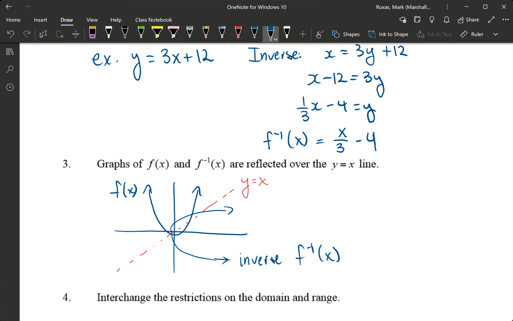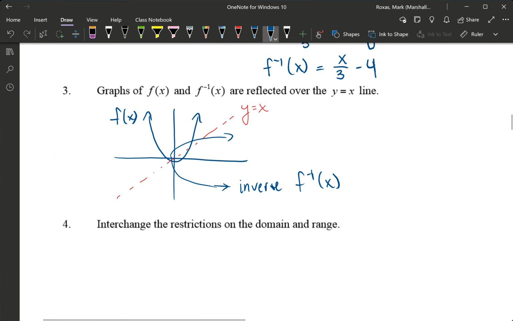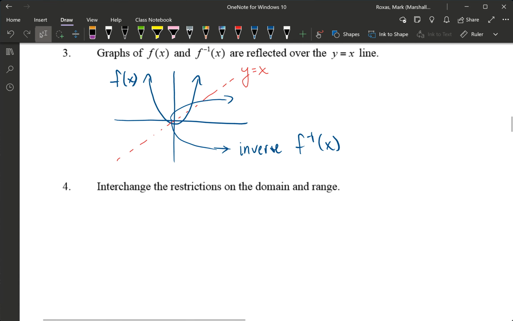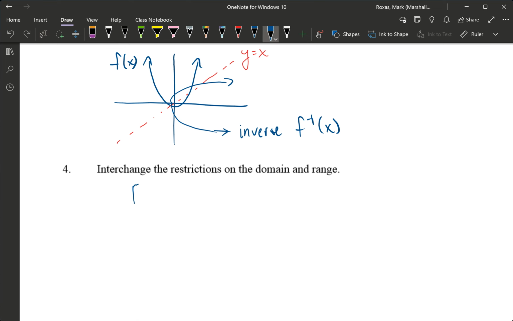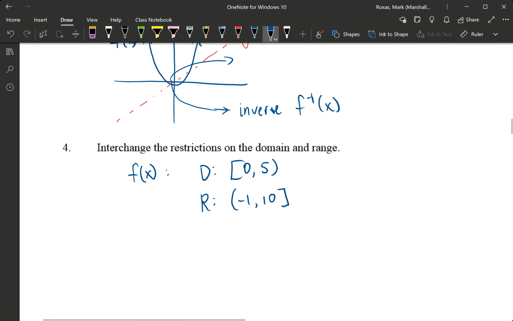Okay. And number 4, we can also interchange the restrictions on the domain and range of our function. So if we have a function f of x, and let's say the domain of this function is square bracket 0 and 5 round bracket, and the range for this function is round bracket around -1 and square bracket around 10. For the inverse function,